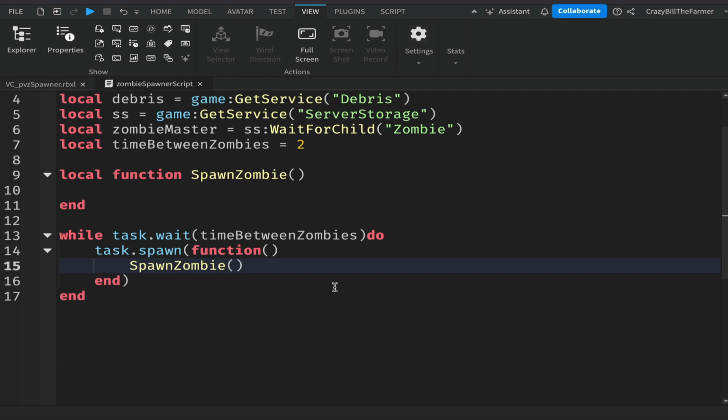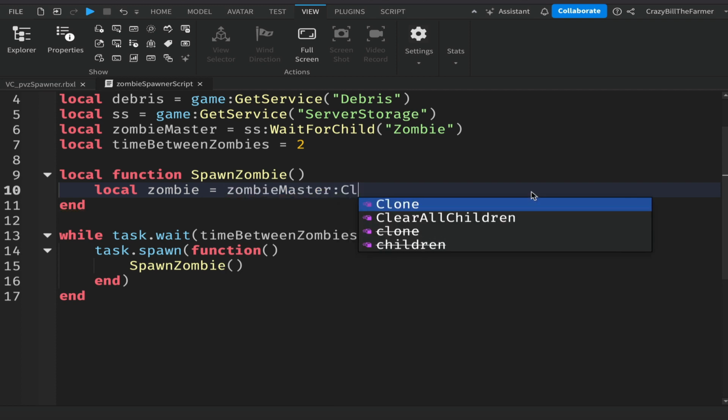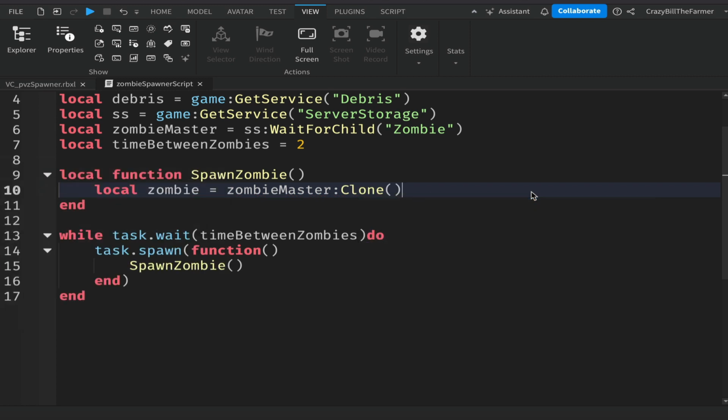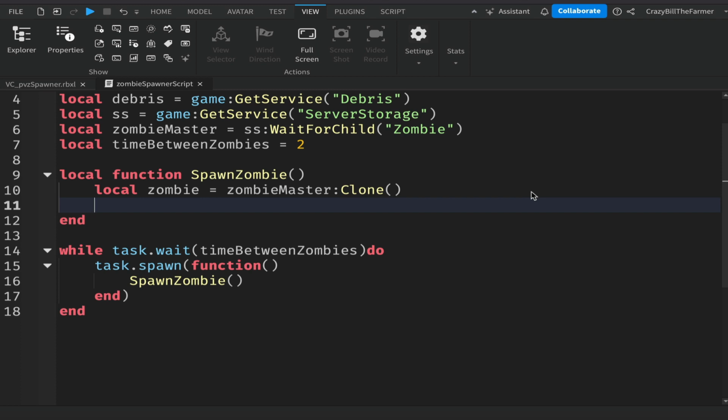Alright, so now we'll get to spawning the actual zombies, and we'll create a variable for the one that we're going to spawn. We'll call it zombie, and it will be equal to the zombie master up the top with a colon and then clone. So that will create a copy of the master, and we will parent this